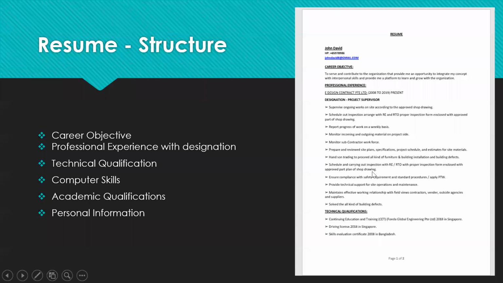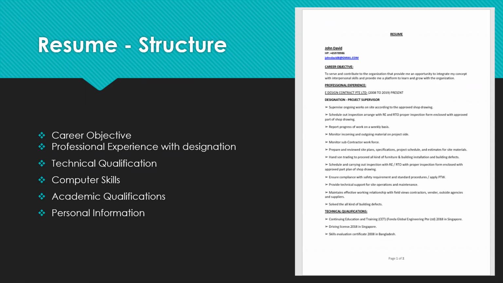We can give the professional experience we had throughout our career. So maybe we can add all the experience we had throughout our career. So let's say we have worked for 5 companies, right? We can add all the company names here and what you have done in each of the companies, and your